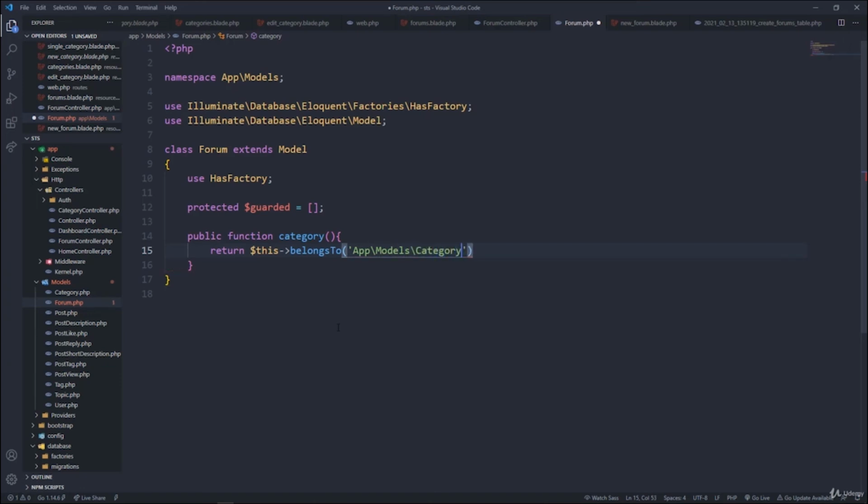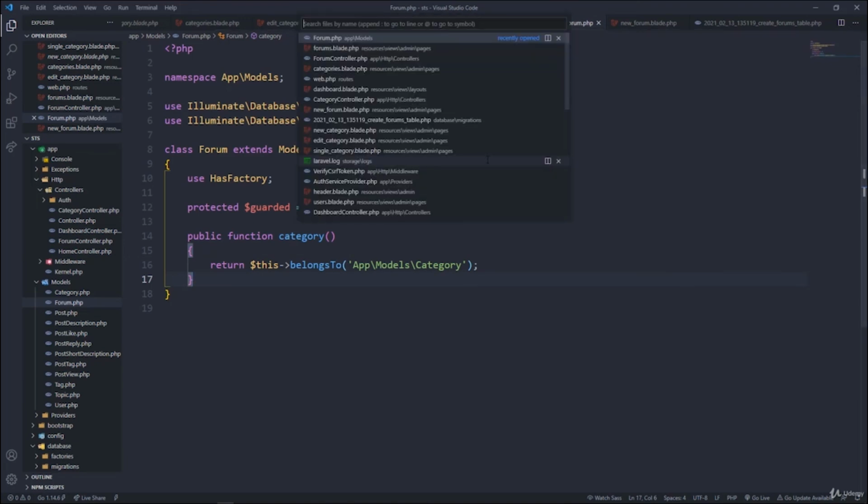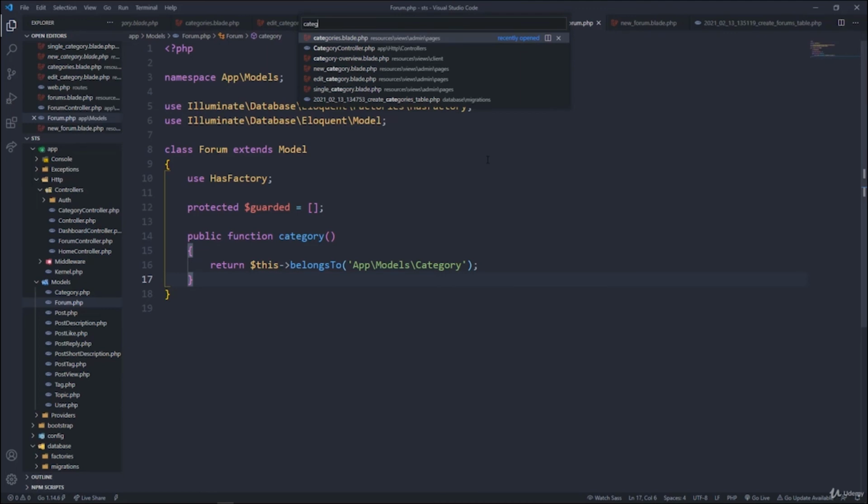So that is setting that one to many relationship. Each category has many forums, and the forum belongs to a category. So this is what we do in the forum model. And then we go to the category model, not table actually, model. We go to the category model,